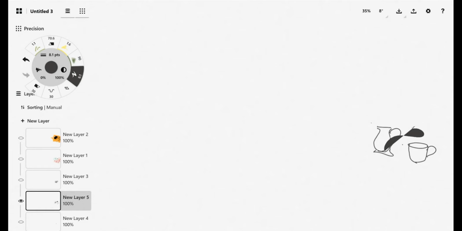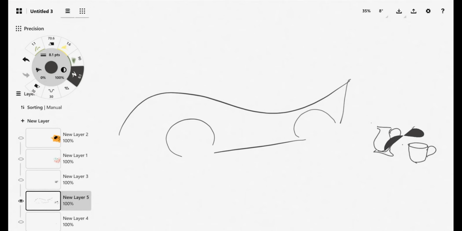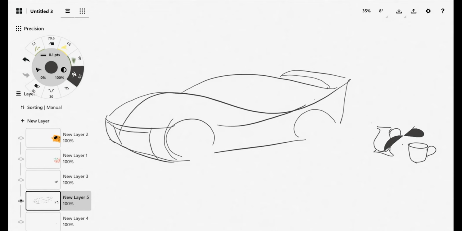What if I just want to. Will you guys call this a sketch?